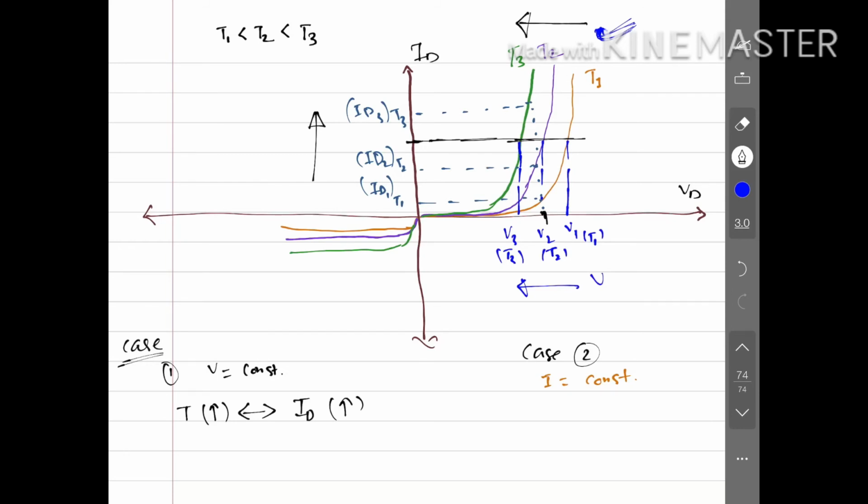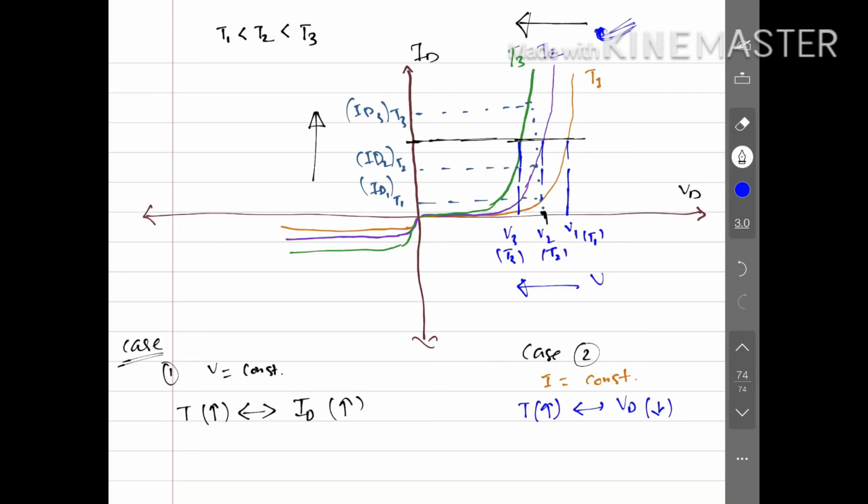So the conclusion you can make is, as you increase the temperature, when your current is constant, your voltage, which is VD, is reducing. These are the two important conclusions you can make from this IV curve